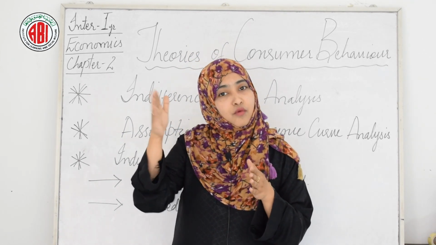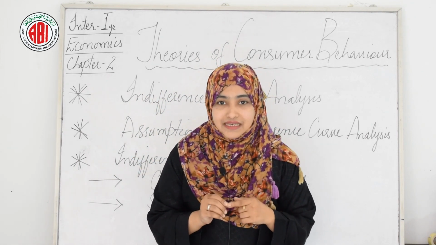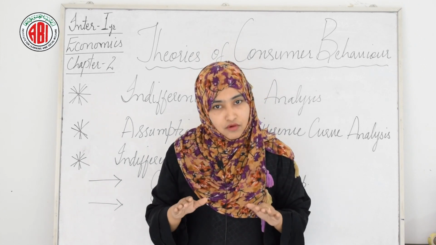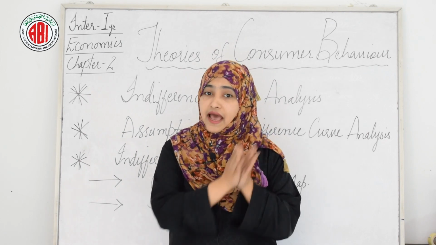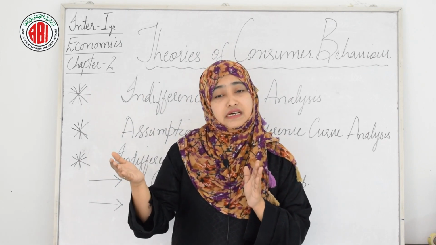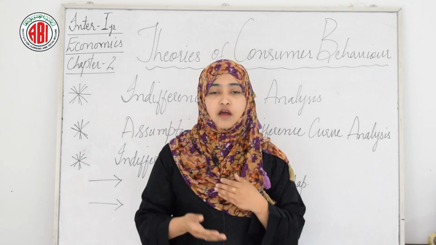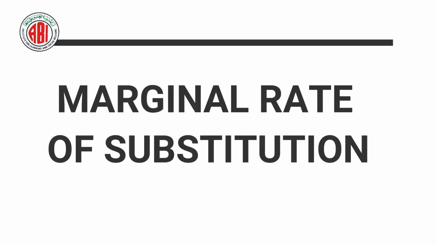Okay, so see this indifference map, that all the points on IC3 and IC2 are preferred to all the points on IC1. In other words, the indifference curve IC1 represents a lower level of satisfaction because of the lesser quantity of both the goods as compared with the indifference curves IC2 and IC3. Getting? So, after all this, now we will see the marginal rate of substitution.